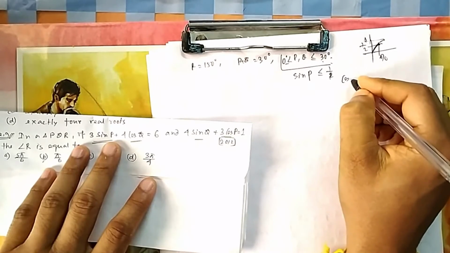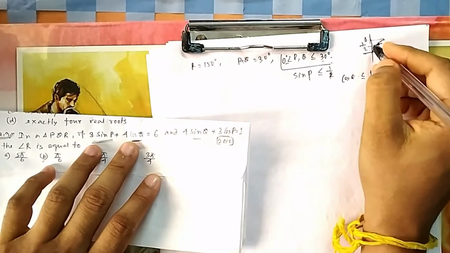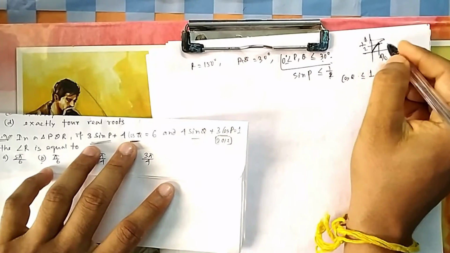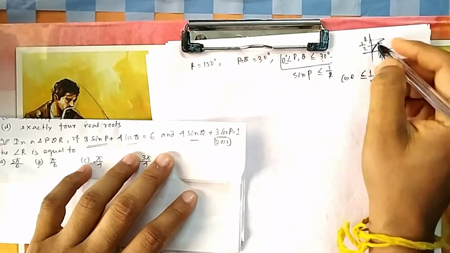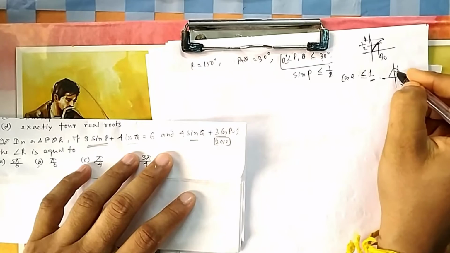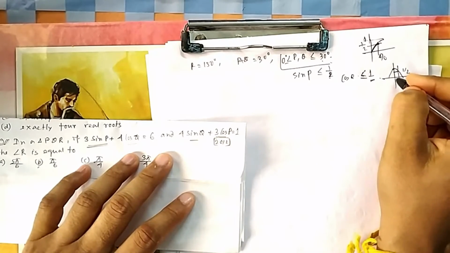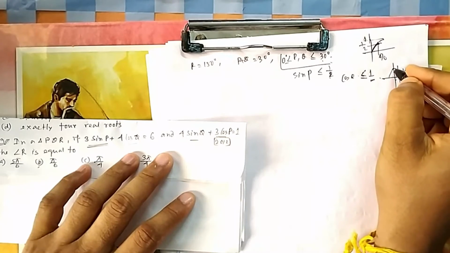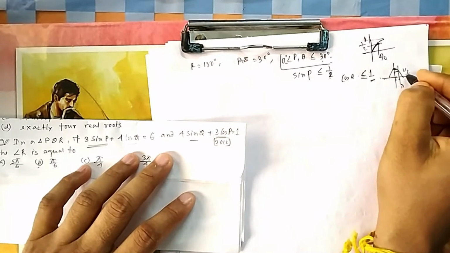And cos Q, because cos Q is required, cos Q will be less than 1. You can see cos Q can come up to 1 only. If you draw the cos curve also, this is your cos curve. If it is 30 degrees, it is half, which is less than 1. Because it can go from 0 to 30 anywhere, if it goes very close to 0 it will reach 1, but it cannot go beyond 1. So it is less than 1, you can say.